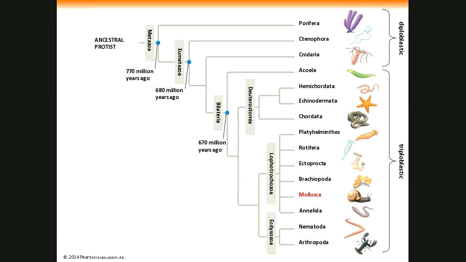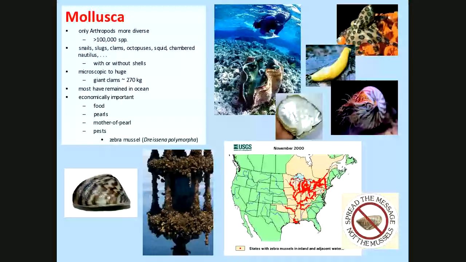Where are we? The mollusks. Yes. Oh, wow. Yeah, we got to talk about the mollusks. This is a neat group. No other group other than the arthropods has more species. About 100,000 species of mollusks. These are the snails and slugs and octopus and chambered nautilus. A slug and a snail, essentially the slug is a snail without a shell. Many times slugs have lost their shell.